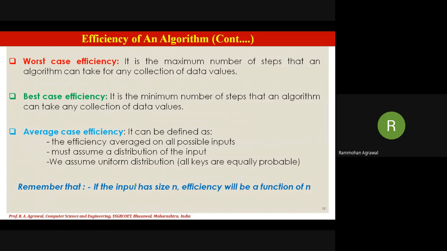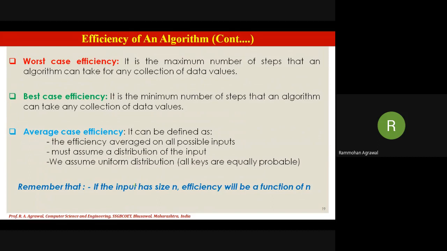In this case, every element has been compared and the system is utilizing its maximum time. So this type of efficiency is the worst case efficiency.